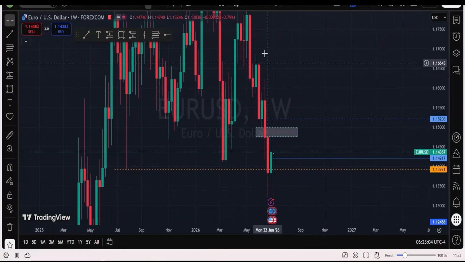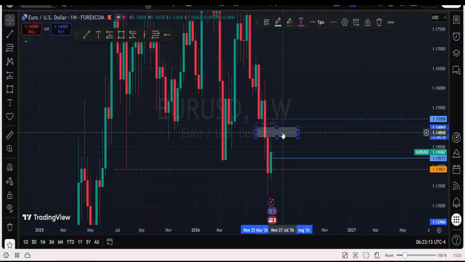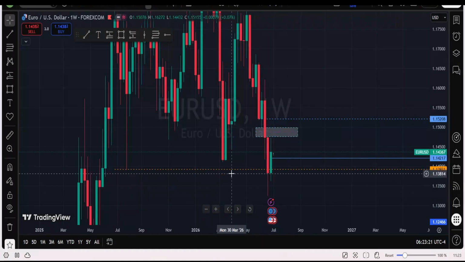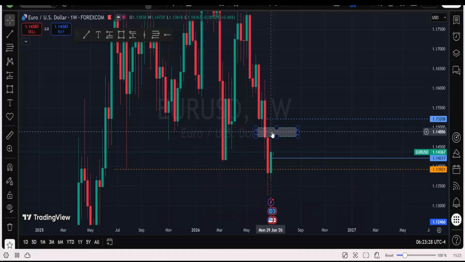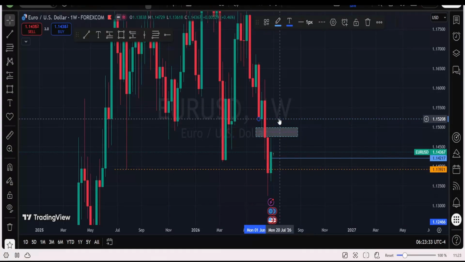As at last week, this is what we had. We will start with the weekly time frame. Price apparently, the week before, took out this weekly low and then started to go up. We are expecting price to rebalance itself on this fair value gap on the weekly time frame, which price has not gotten to. So for us on liquidity narrative, the story remains that we want to see price getting to this level to give us a reason to sell, or it might get to this level. But the first point of interest for us remains the fair value gap on the weekly time frame.